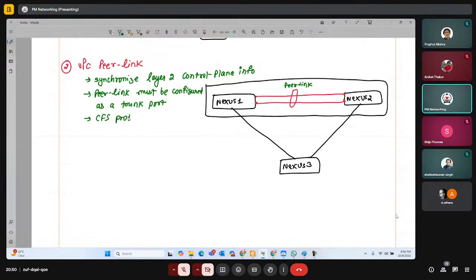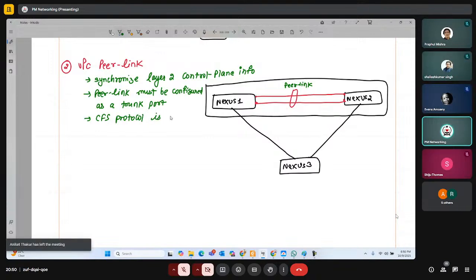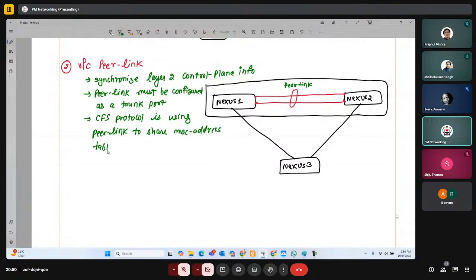CFS protocol is using the peer link to share the MAC address table, ARP table, STP states, etc. Once we discuss the CFS protocol, we'll see what kind of information it advertises between these two Nexus switches. Because let's say there's a user